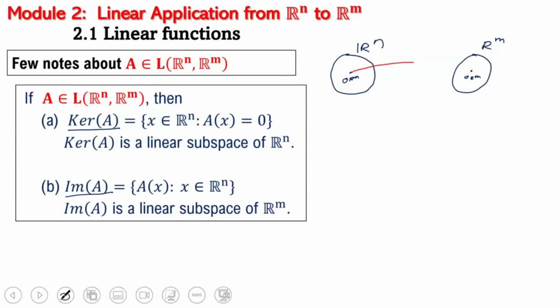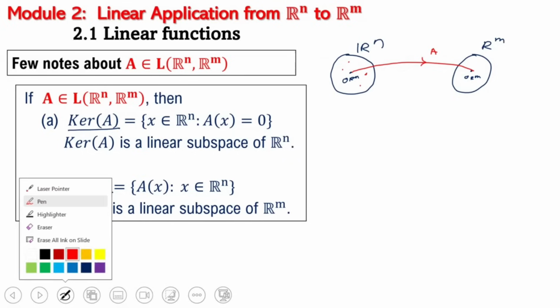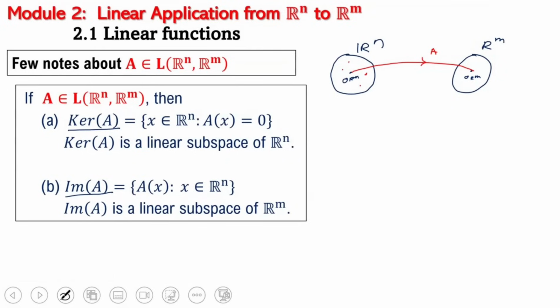It's guaranteed that 0 of Rn will go to 0 of Rm by A. But if some other entries also go to 0 of Rm, say x1, x2, x3, x4,